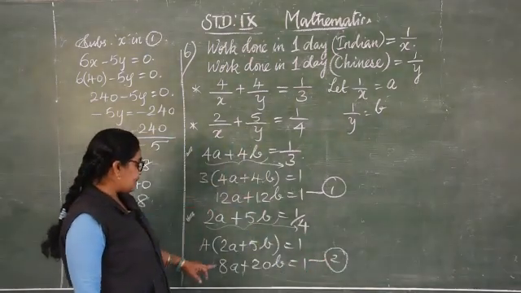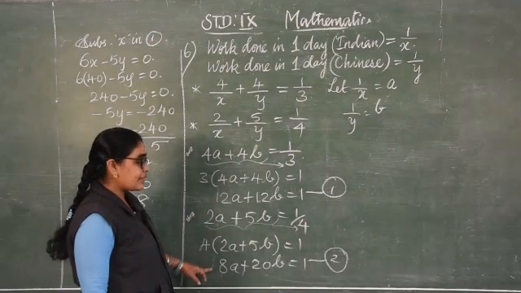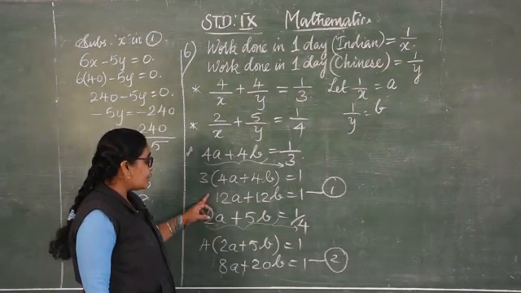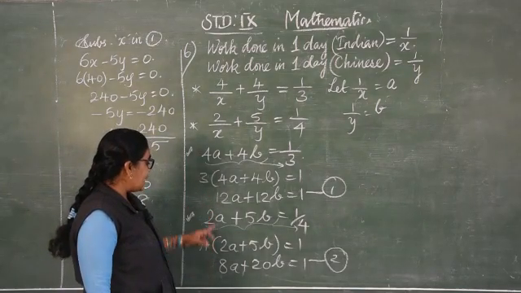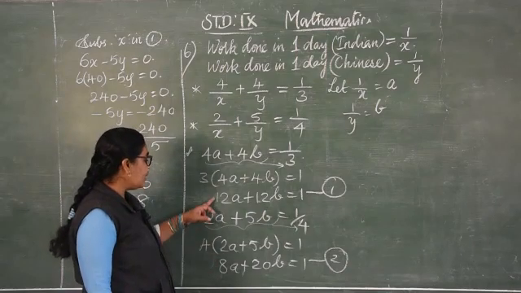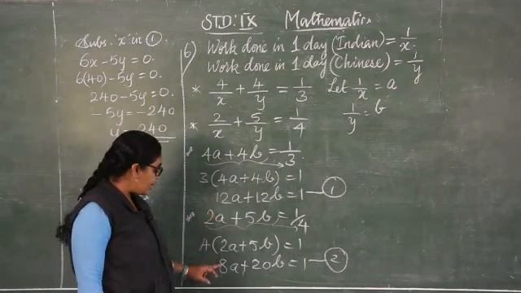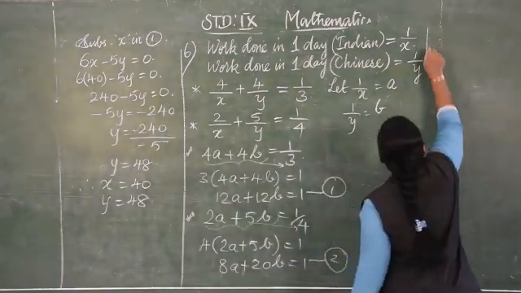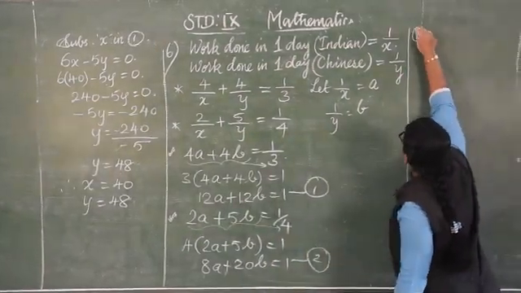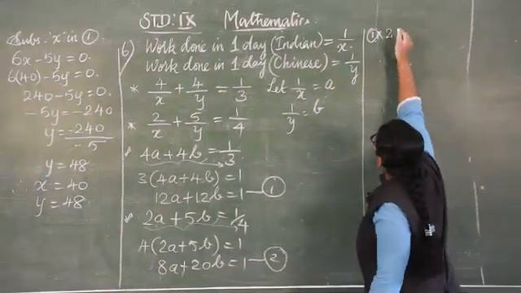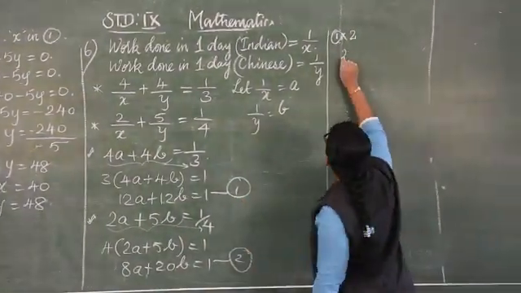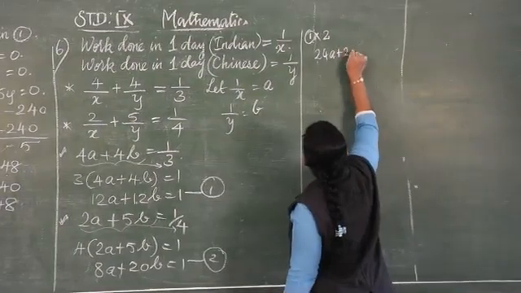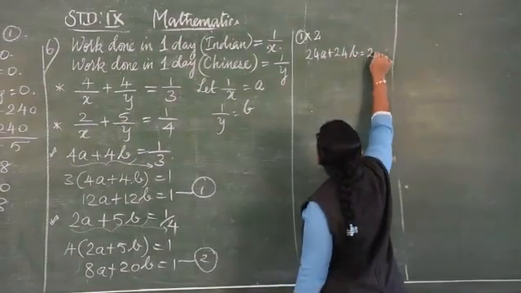Now compare the first equation and second equation. Both the equations have very big numbers. So which one do you want to multiply by, taking the LCM? 12 table and 8 table. In 12 table also you are getting 24 and in 8 table also you are getting 24. So easy method, first equation into 2. What is your first equation into 2? So 24a plus 24b is equal to 2.